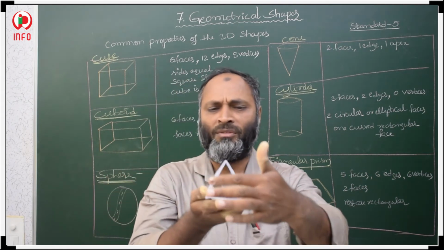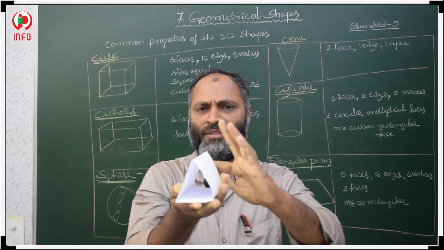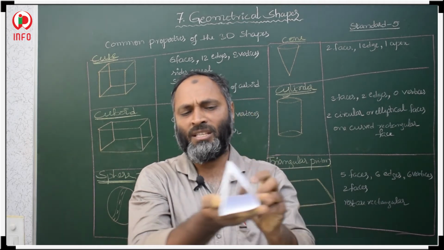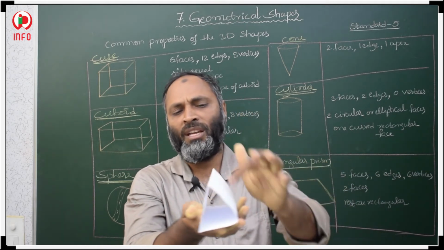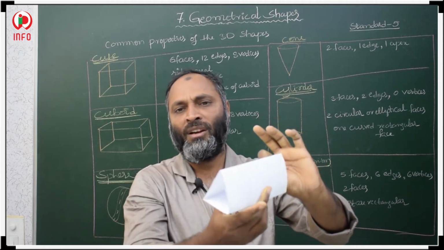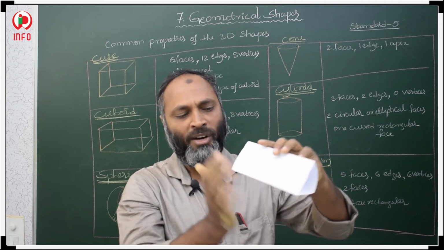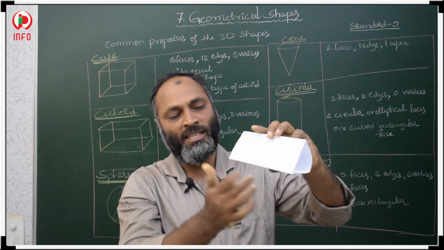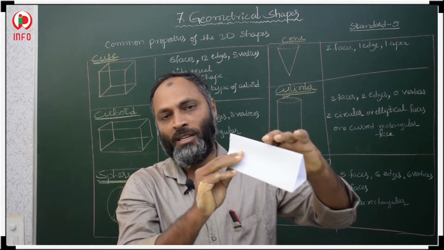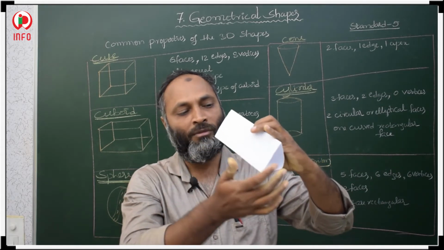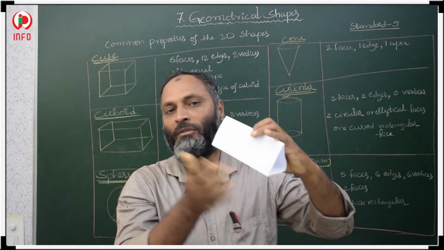This is top, first face, bottom, second face, 1 and 2. In a triangle we have 3 sides, no? So this is 1, 2, 3, 4 and 5th. Total 5 faces. Top and bottom 2 faces. 3 sides it has 3. 2 plus 3 we have to count. In a square, 2 plus 4 we have to count. In a pentagon we have to add 2 plus 5. Like that we have to find faces.